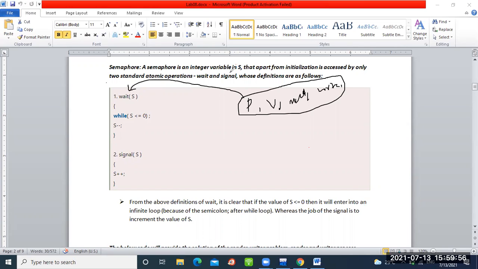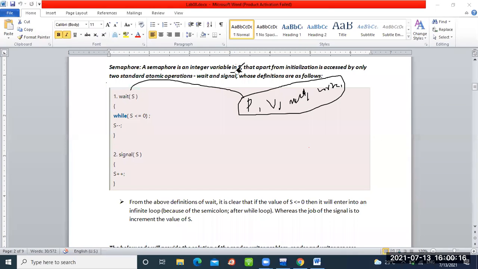ठीक है, यहाँ पर हम एग्जाम्पल के लिए S लिए. S आपका एक इंस्टेंस है, ठीक है. Now this S can be named as mutex, this S can be named as write, this S can be named as P. Anything you can write. Is it clear now what I'm trying to explain? Yes, sir. Fine.